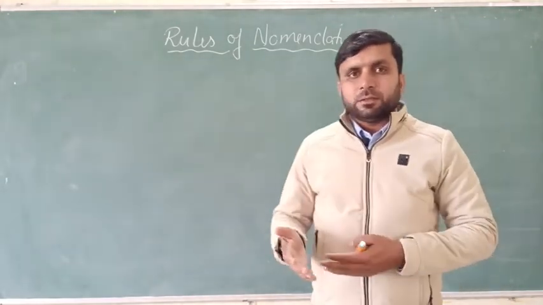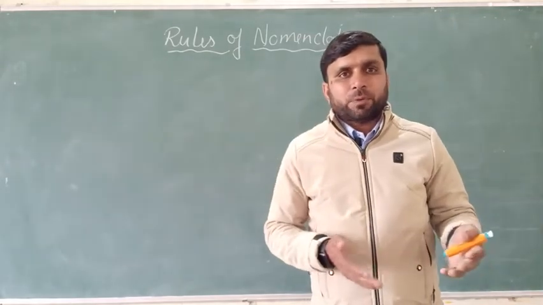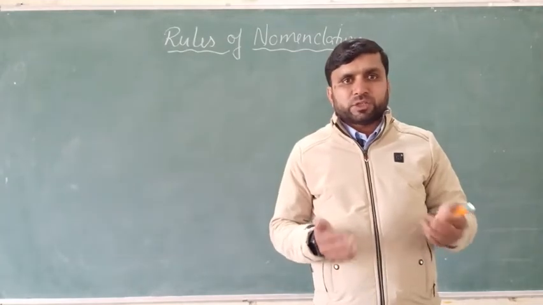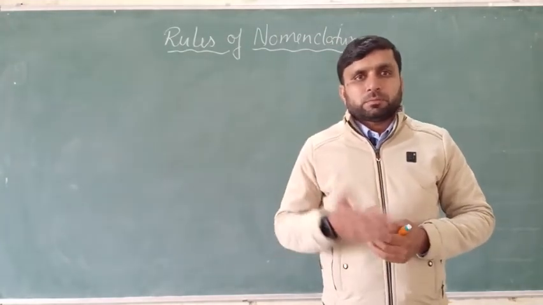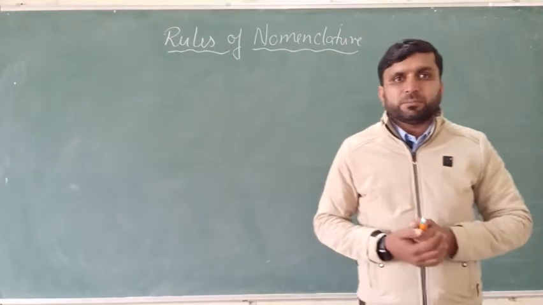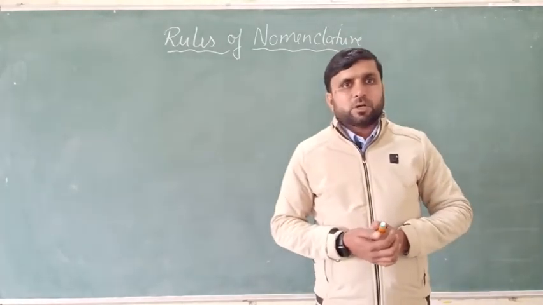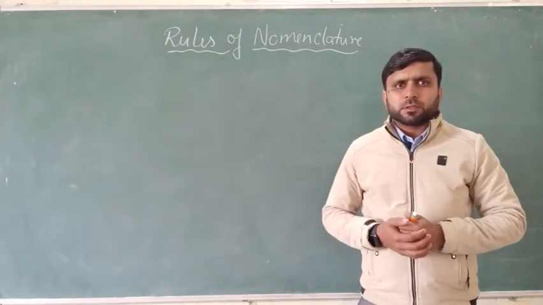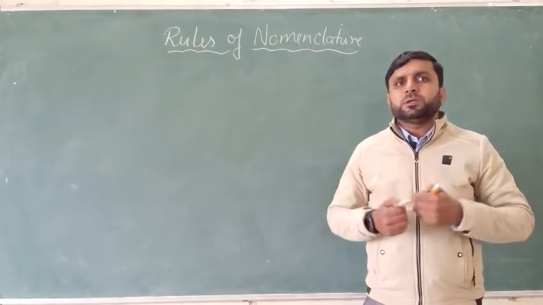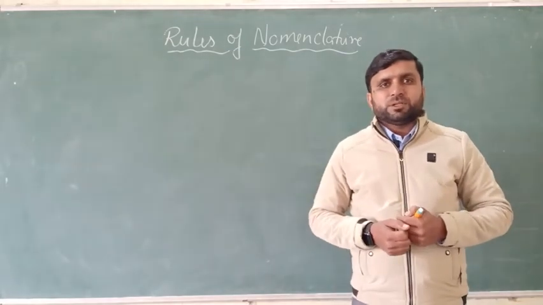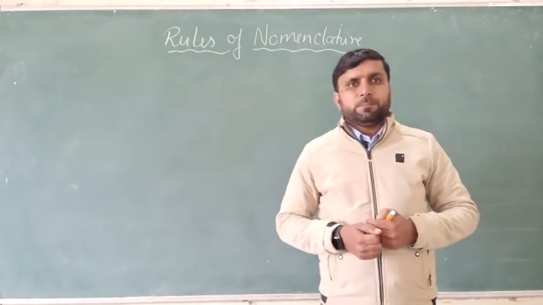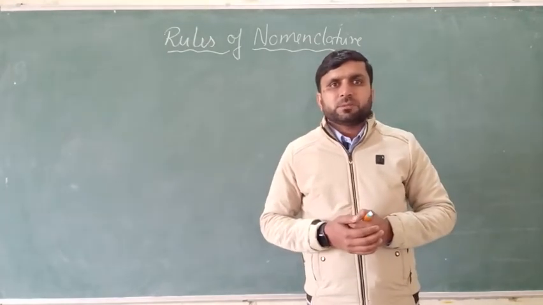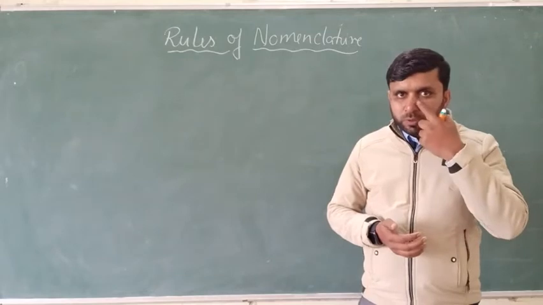Yesterday we discussed that if an organic compound contains a branch, then we have to go for the longest chain rule. The chain must be numbered in such a way that the branch will get the lower number, that is called the lowest number rule. If an organic compound contains two or more branches, then the numbering of the carbon chain must be done in such a way that the sum of the positions of all the branches is lowest, that is called the lowest sum rule.